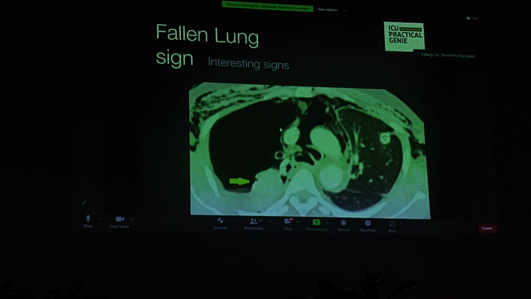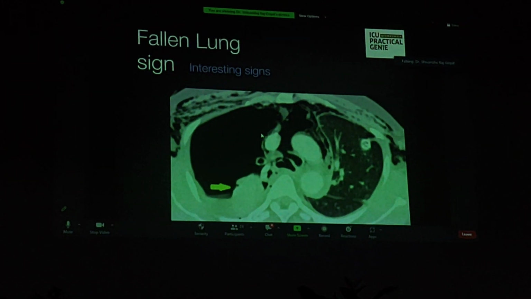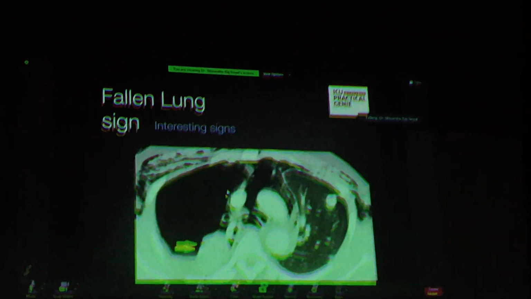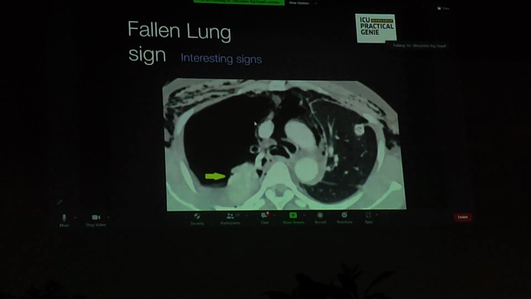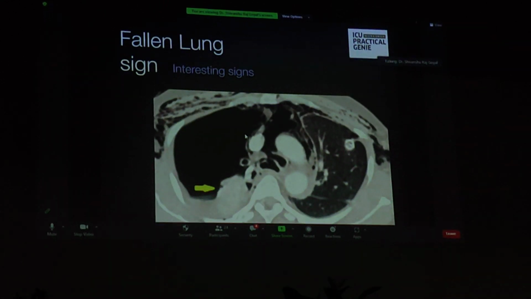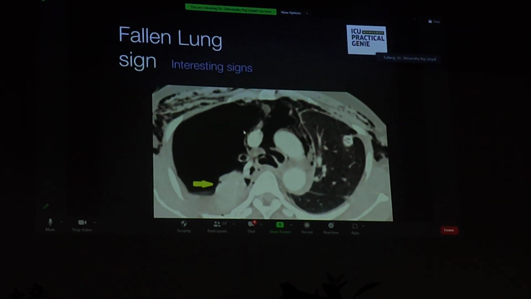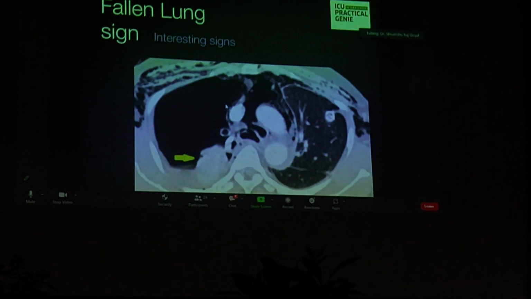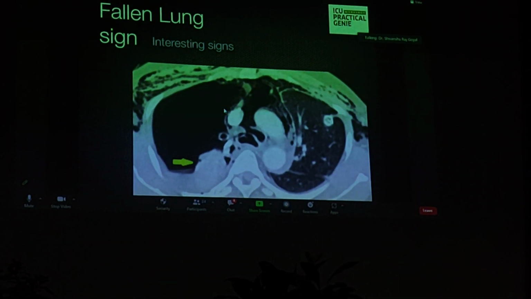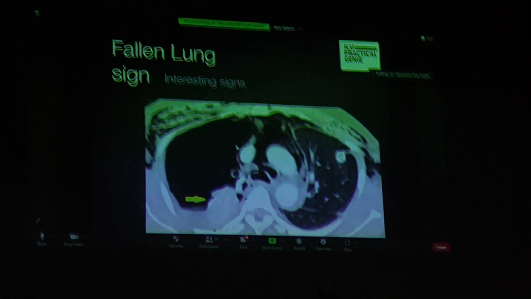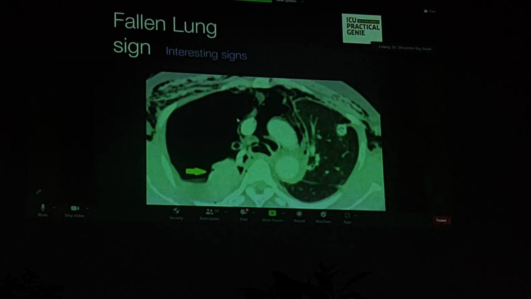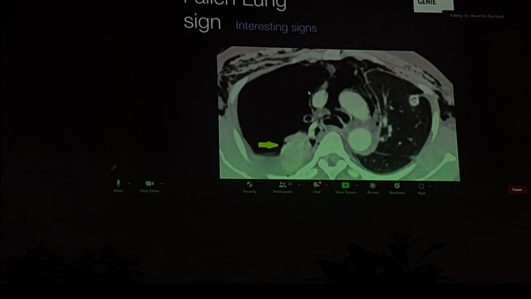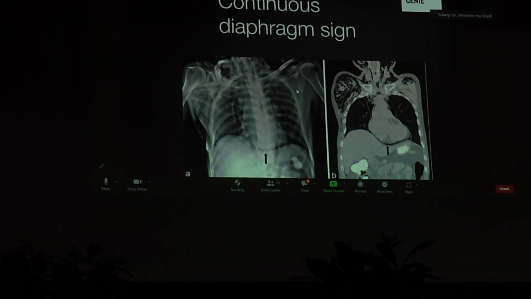Then there is the fallen lung sign. You get trauma patients with a road traffic accident, the patient comes to you, you have intubated the patient, and the patient is not improving. Whatever you have done, you put in a chest tube, still the patient is not improving. You see the lung has fallen down. That's a typical sign of something like a fractured bronchus, where the bronchus has completely given way. This patient needs an urgent CTVS or thoracic surgery intervention where the bronchus has to be repaired. Do whatever, this patient will not improve with any kind of chest tube.